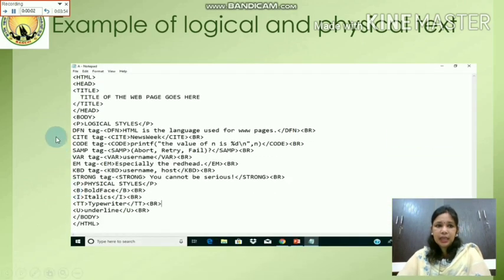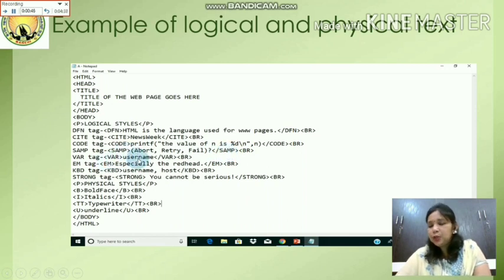So for the example, you see here the same basic structure of HTML you will write. After that, just see, for defining I have written DFN and its end tag, and the code written inside it will be rendered in that way only. Then cite, then code, all I have written. You can copy it while executing your document so that you will see the difference. Like here SAMP, I was talking about that a sequence of literals can be there. Abort, retry and fail. These three options are shown when you are installing or running any software. So a sequence of literals are there. So if you want to write this type of data, you can write it inside which text style? SAMP. Okay, logical text style SAMP.